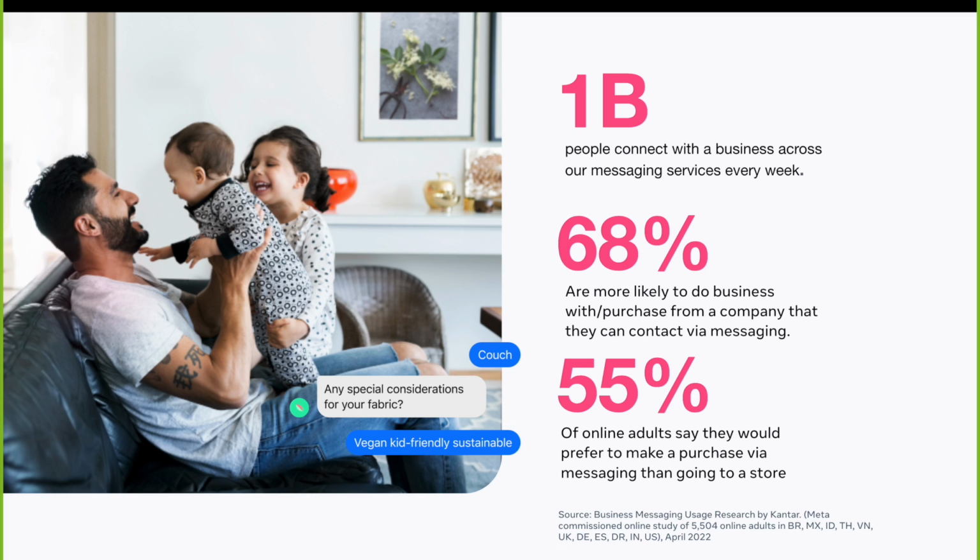And 55% shared they would rather work via messaging or buy via messaging than go physically into a store. That makes sense because via messaging, you're bringing the convenience of online shopping along with the personalized attention that an in-person sales agent could give you by answering all of your questions in a single place.